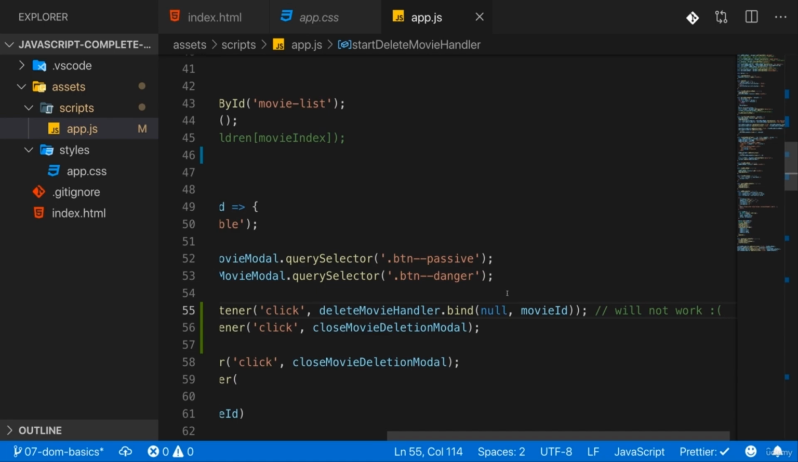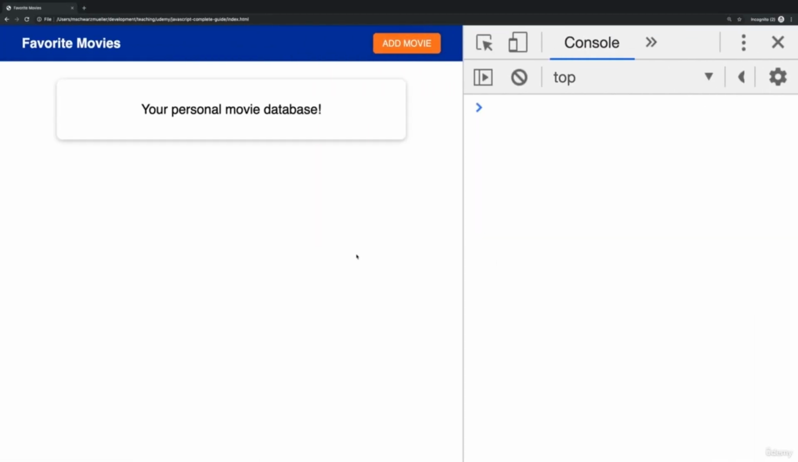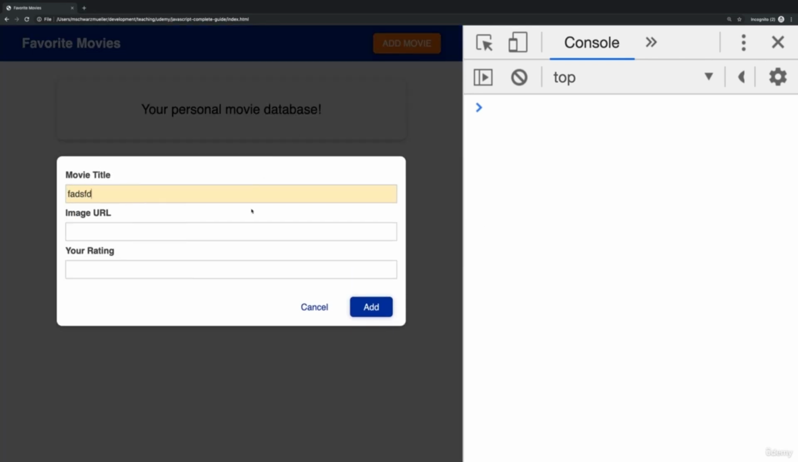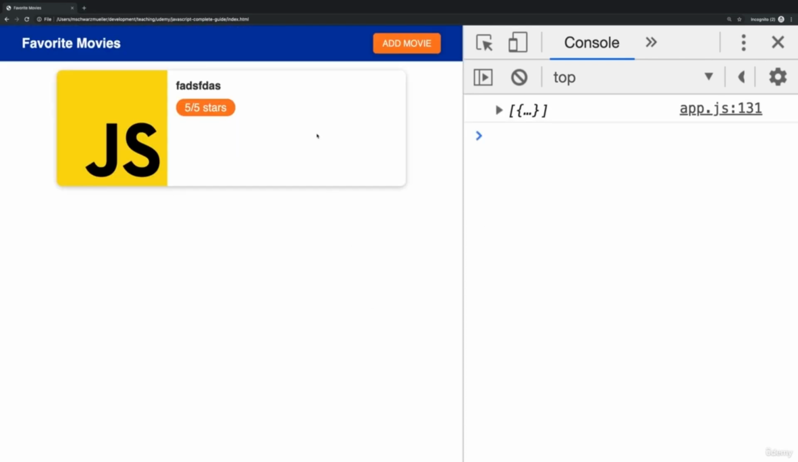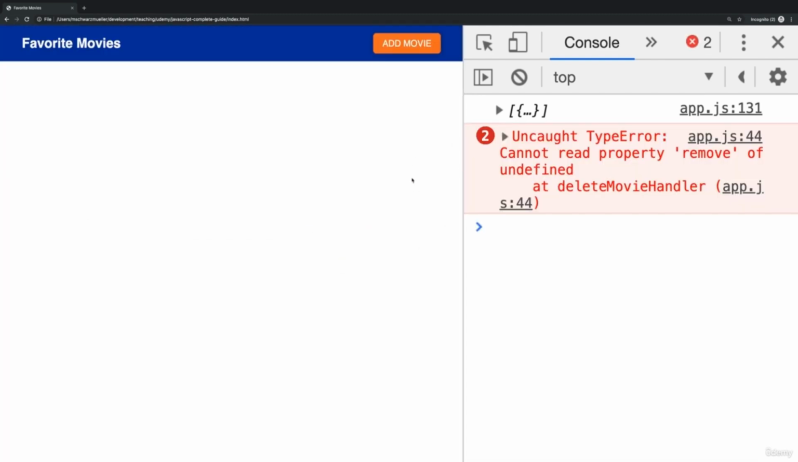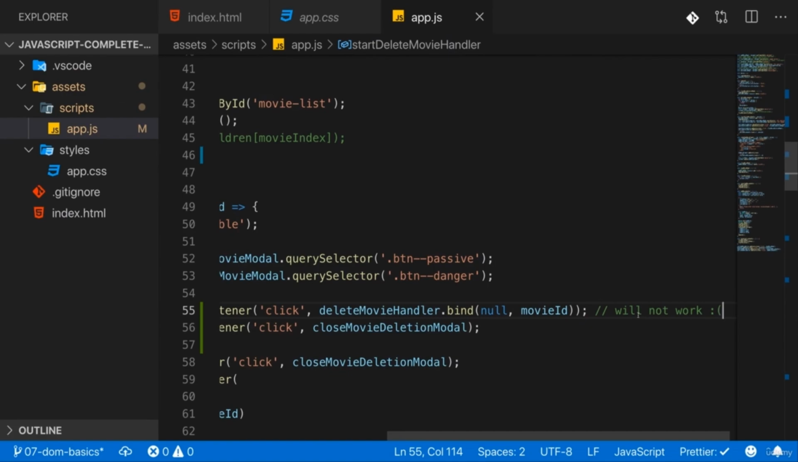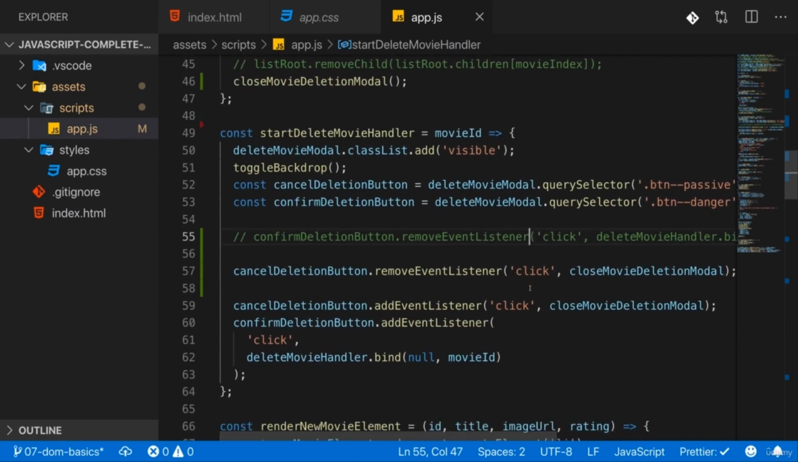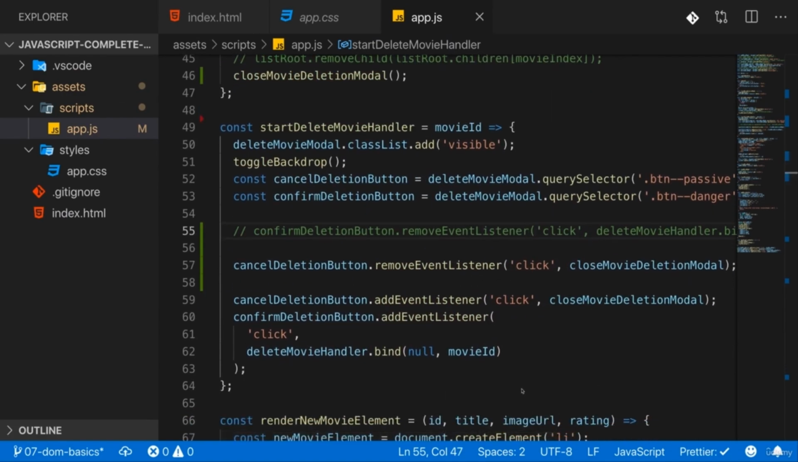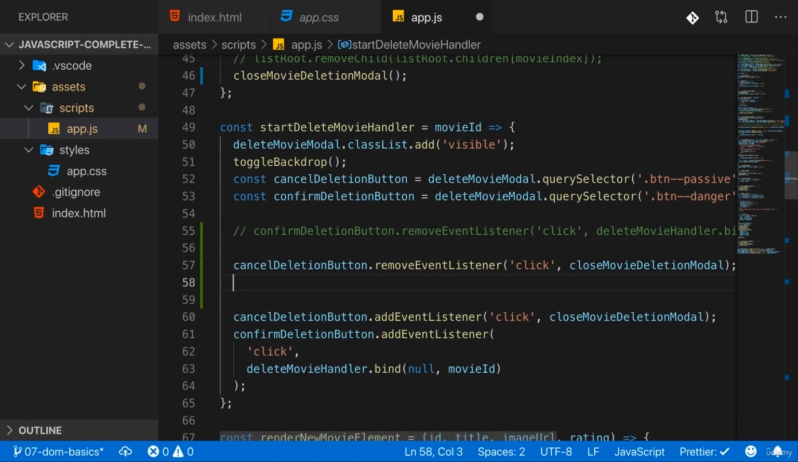And I can actually show this to you if we save that. We give it a try. And we add a new movie here. And I click on this multiple times. You see we still get the same error. So that didn't work. So let's comment it out. So for the confirm deletion button, we need a workaround. And a workaround we can use here, even though it's a bit hacky for sure, but it will work, is